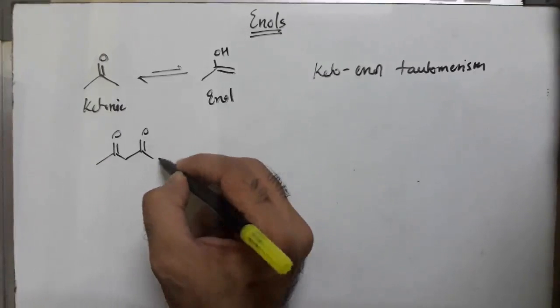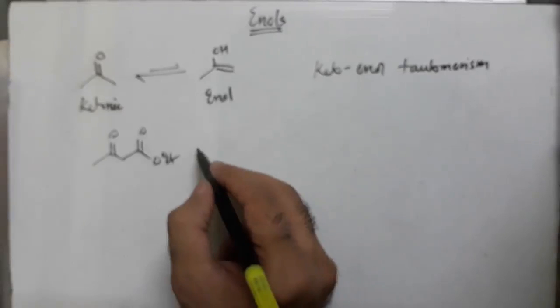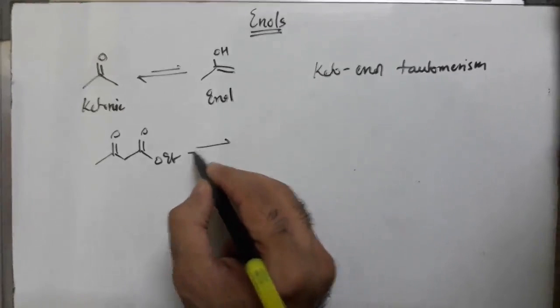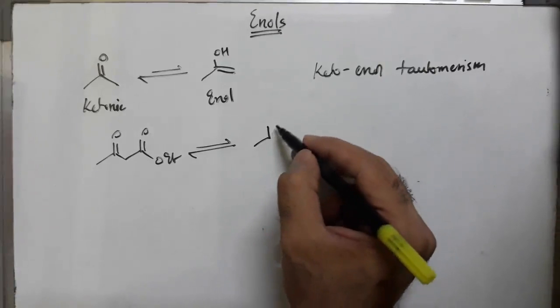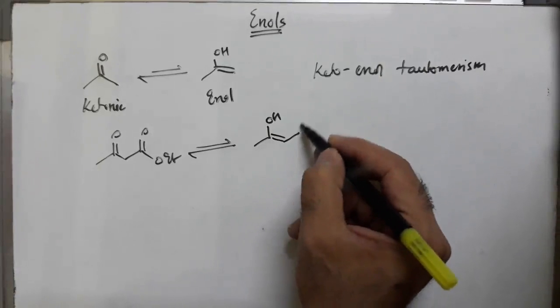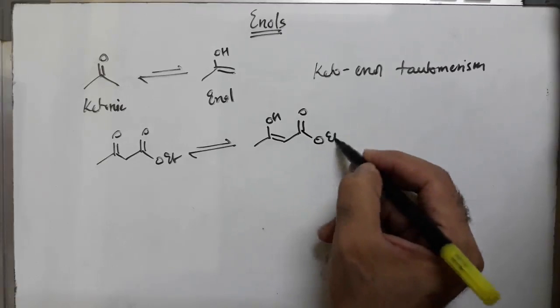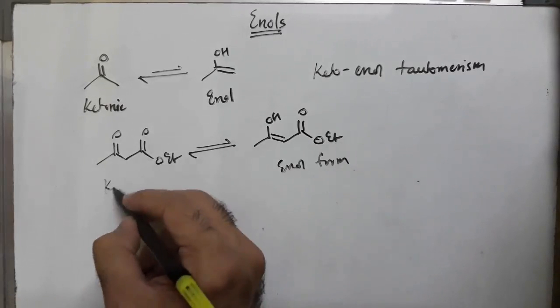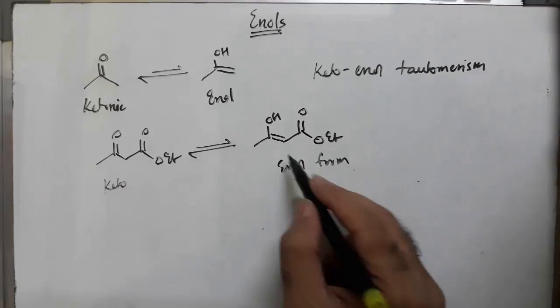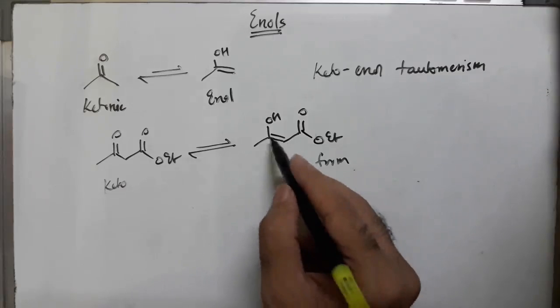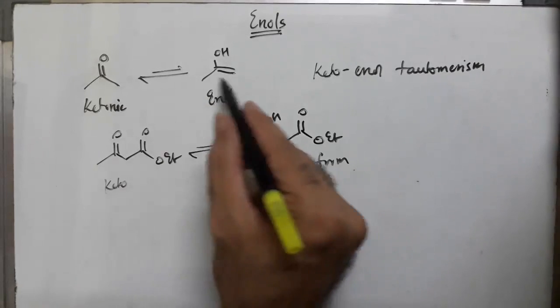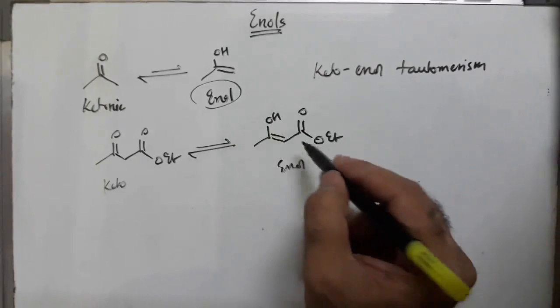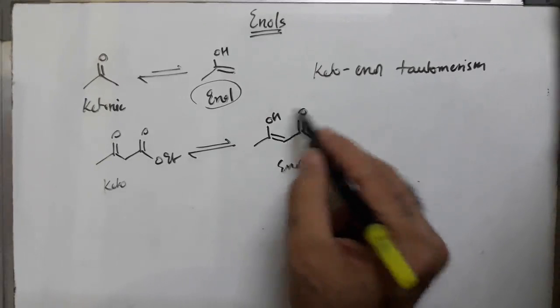Now let us take another example. Now let's say this type of compound. Okay, this again will have enolic type structure. Now this is again enol form and this is your keto form. Now here the stability of this will be more, so that is why here the percentage will be very less of this enol. Under normal condition the percentage will be very low. Here the percentage will be more than this because of the stability of this enol.